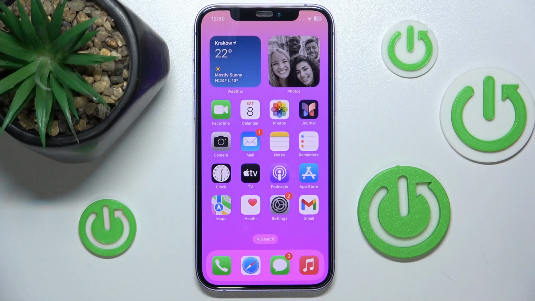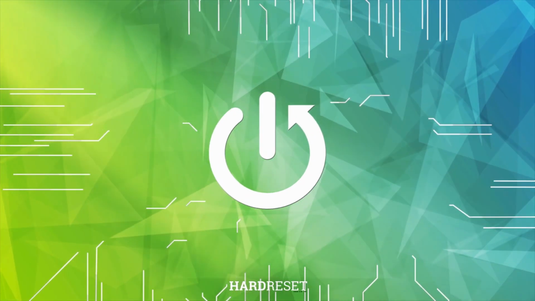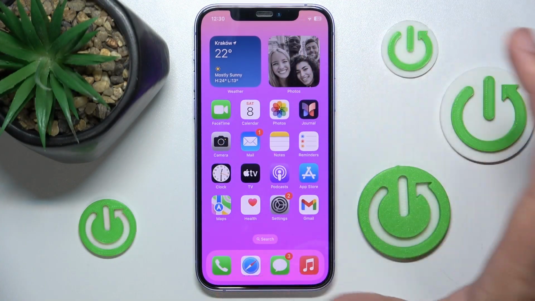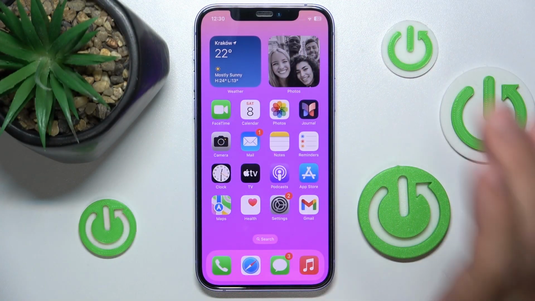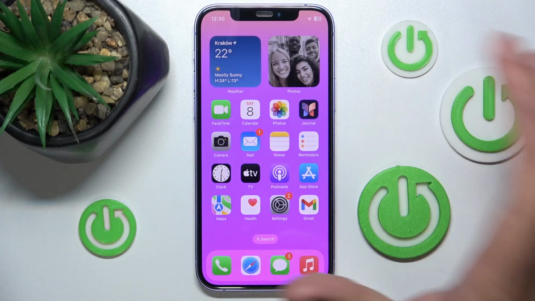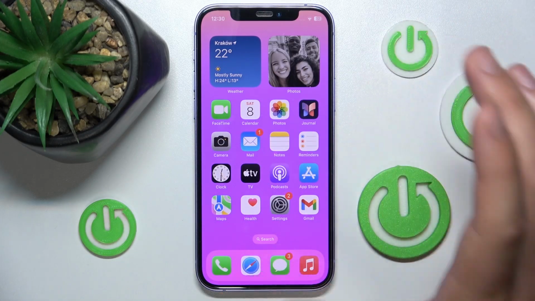Hello, in this video I'm going to show you how to set the default alert time for birthdays in the calendar on iPhone. Today in front of me is the iPhone 12 with iOS 17.4, but it really doesn't matter which iPhone you have or which version of iOS you have, it is all going to work the same on every